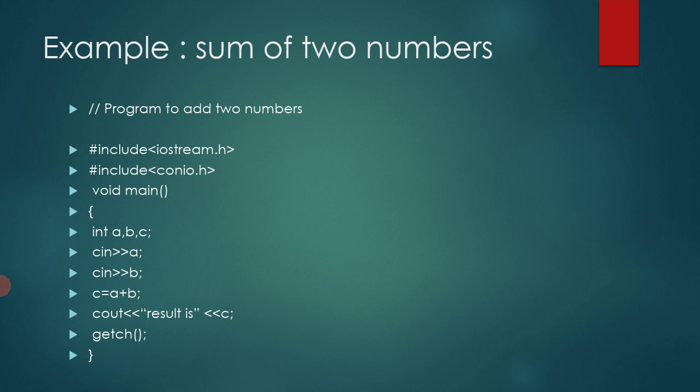After saving the program you have to compile it. When you compile your program, the compiler will give you a message whether your program is successful or there are some errors. If there is an error you have to correct it and repeat the process. Otherwise, if the program is successful, it means there is no error in the program. After that you have to run your code to check the output. When you run your code you will get the output on the output screen. So this is how you can perform this program on your own.